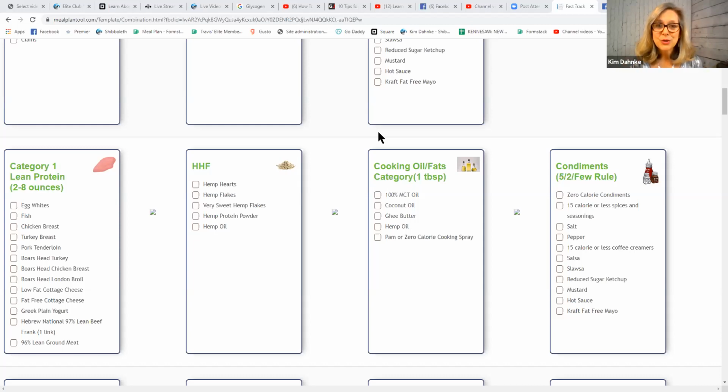So you can put a category 1 lean protein with one of these hemp products, cook it up in the right oil, and have some condiments on there, and it is delicious. When I'm using hemp flakes, I do 3 to 5 tablespoons as my side item. I don't even really need any condiments. They're so good. But you could use the condiment and the oil maybe on your turkey breast or whatever else you're cooking. You can have that. Now, let's talk about the difference between a hemp heart and a hemp flake